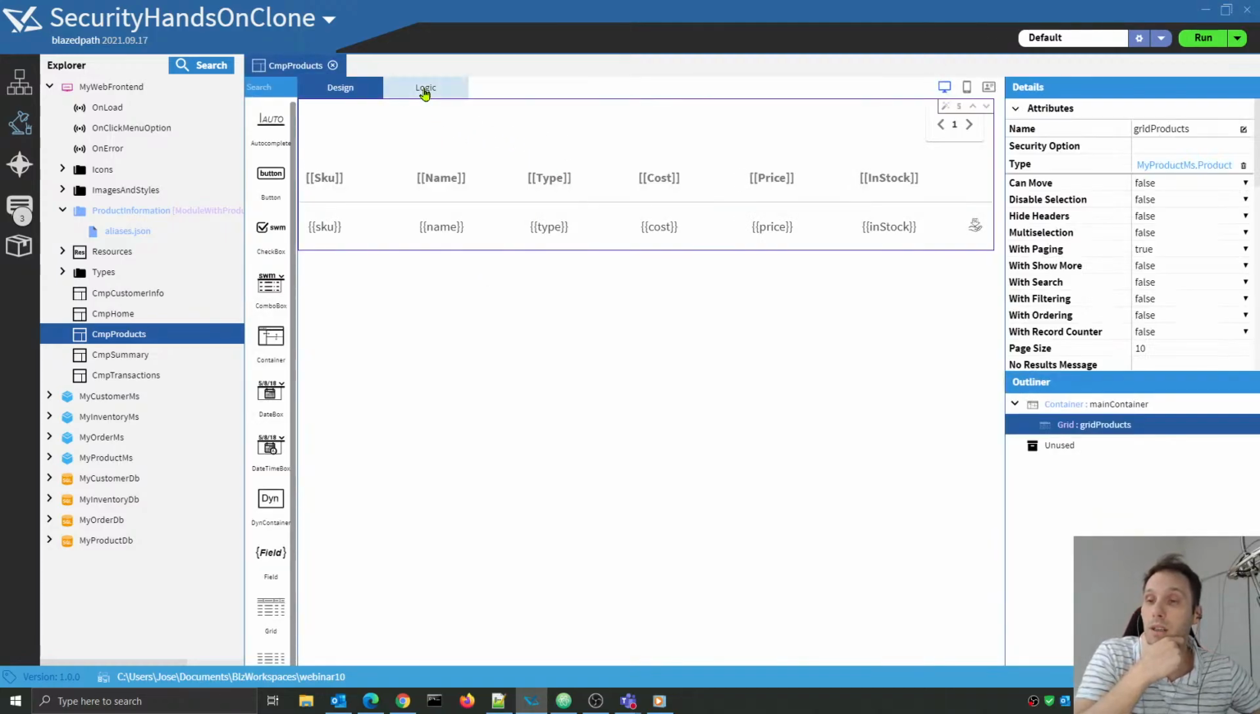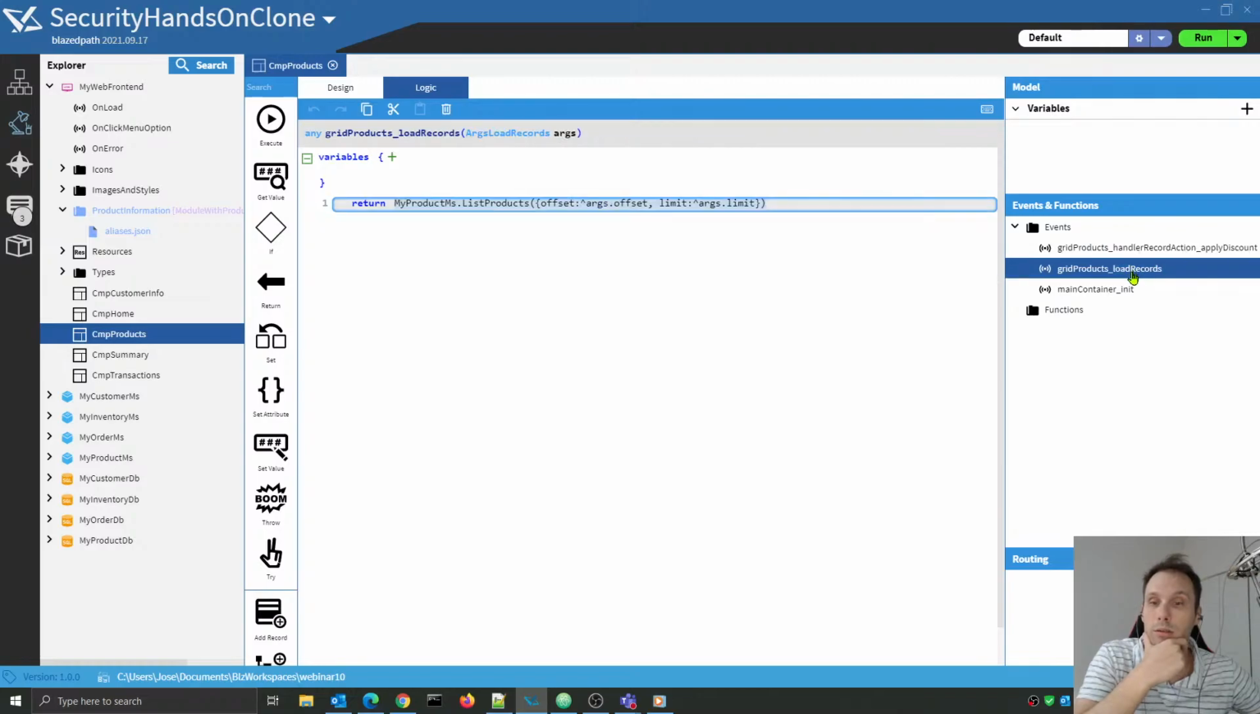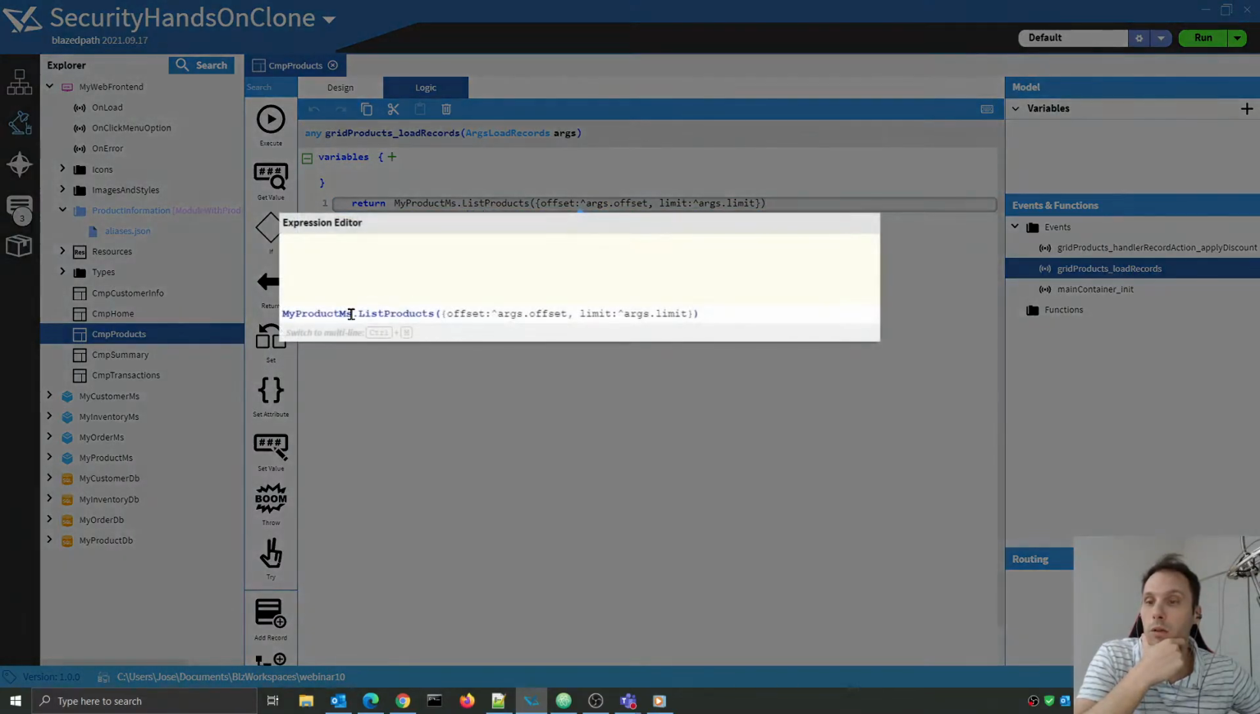So this is the UI component the asset is going to contain, and on the logic editor, this component has a call to a microservice and a function. This is basically a call to a function that is exposed by the microservice. And by notation, we have a name in this expression editor, and this name